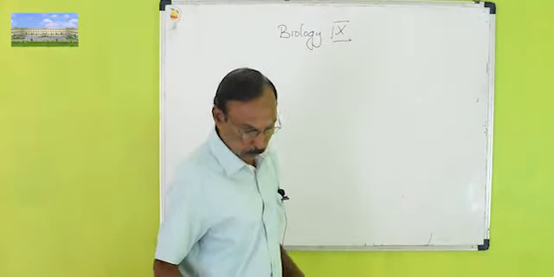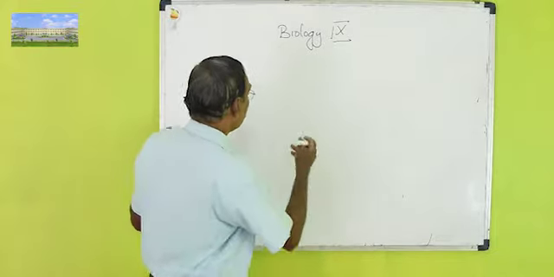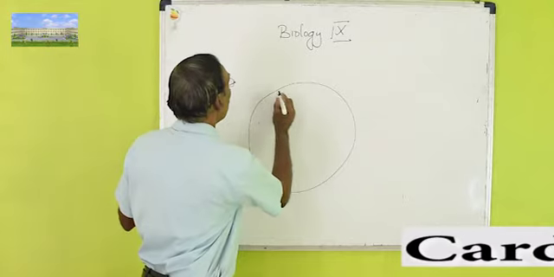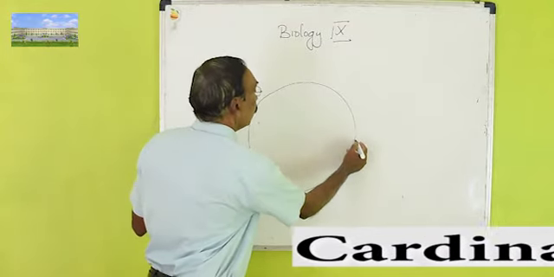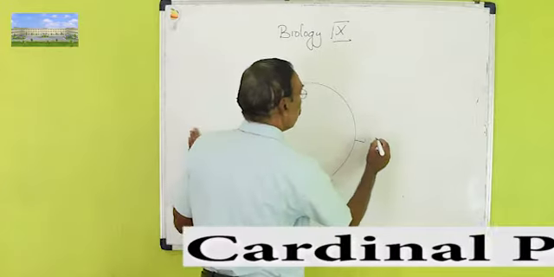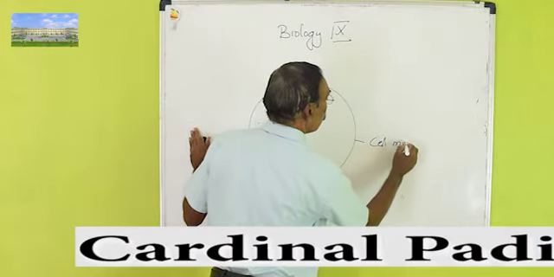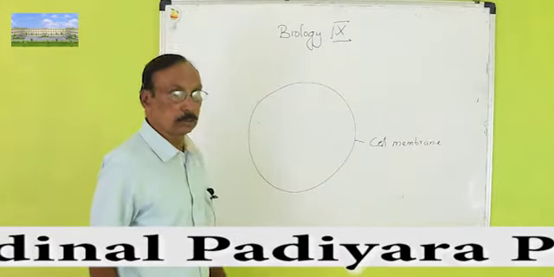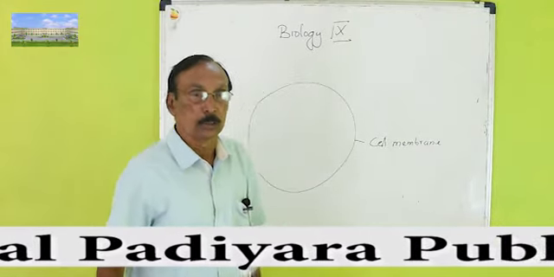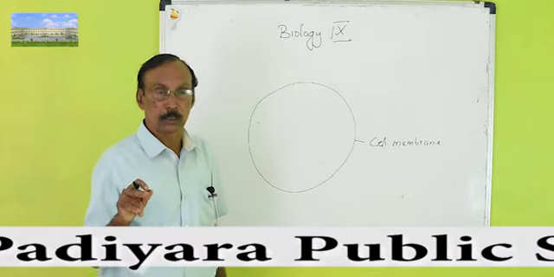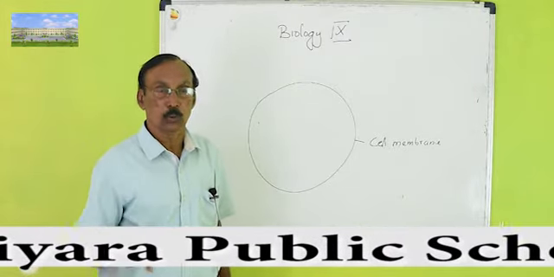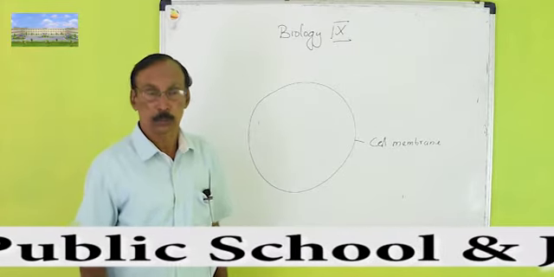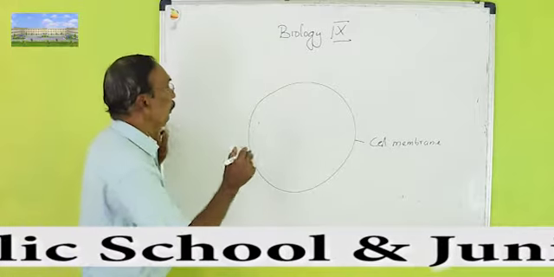We can examine a simple cell. Each cell is made up of an outer covering. This outer covering of the cell is called the cell membrane. You can compare a cell to the egg of a chicken. The chicken egg is actually a cell, and the part you see after removing the outer shell is the cell.